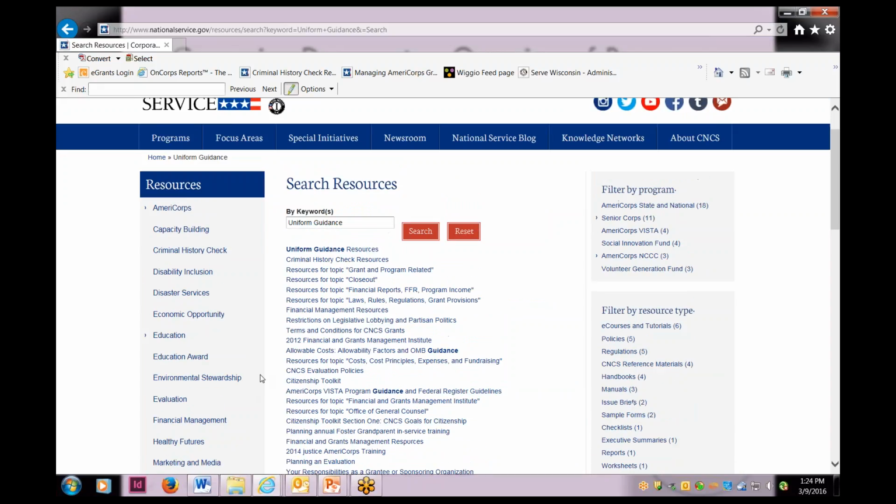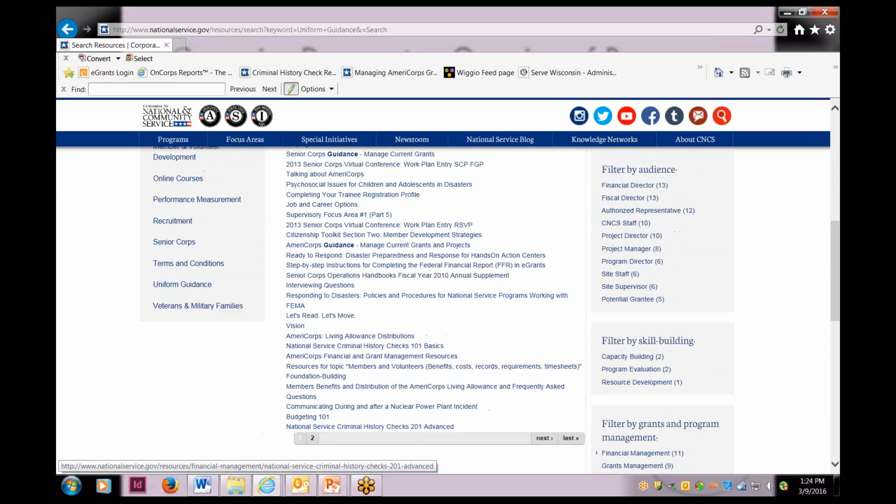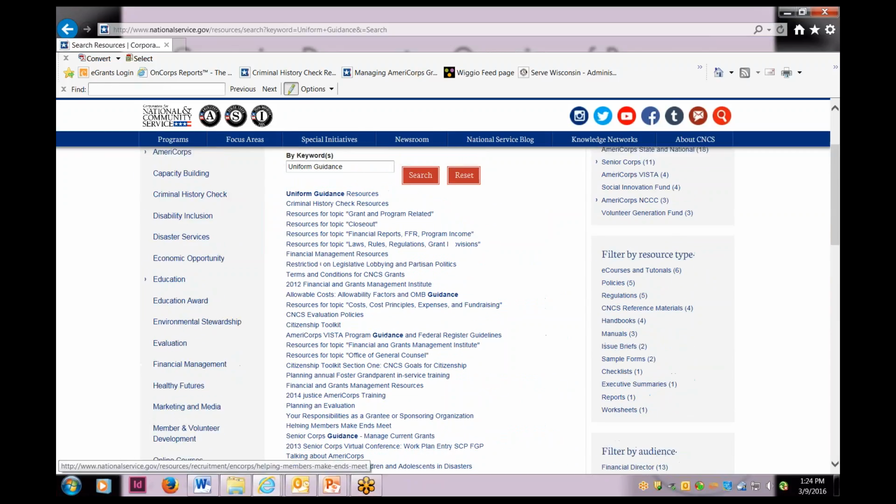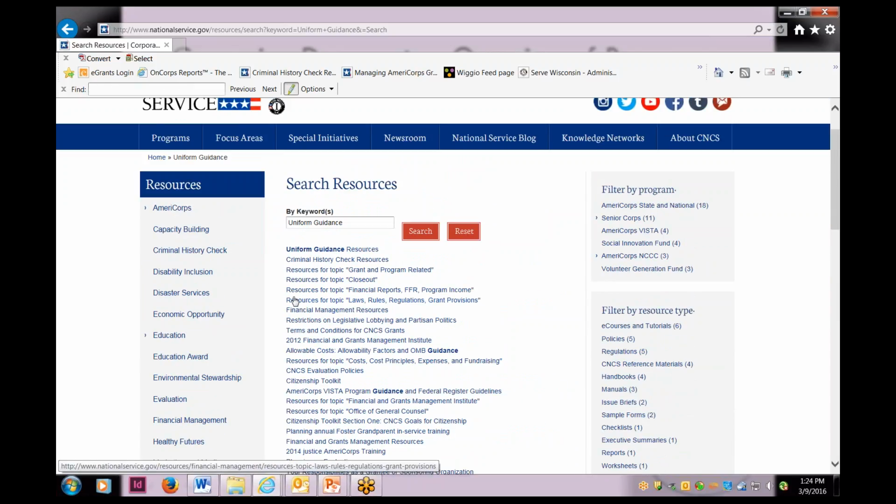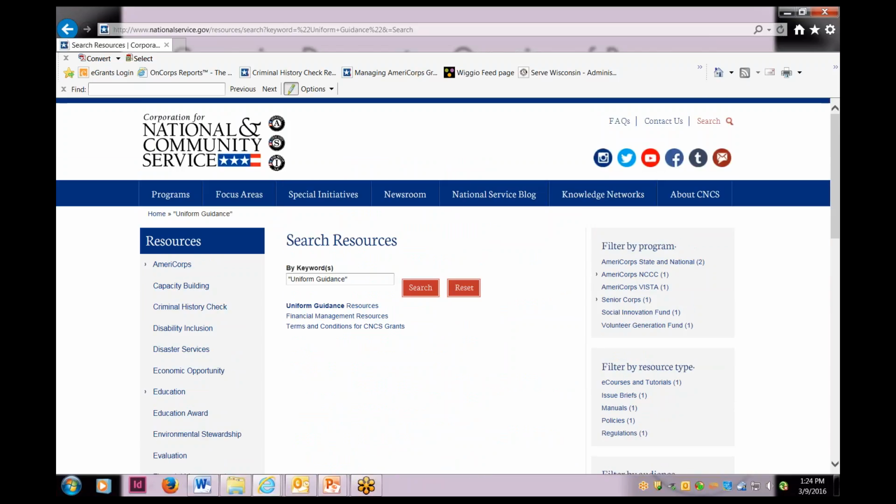Okay. So you'll notice that when I searched by the keywords uniform guidance, a number of topics came up, 2 full pages. That's still a lot to look through. So a tip when you're searching for 2 words like uniform guidance is to put them in parentheses and then search. What you do by putting these 2 words in parentheses is you narrow that search to only look for things that have those 2 words together.